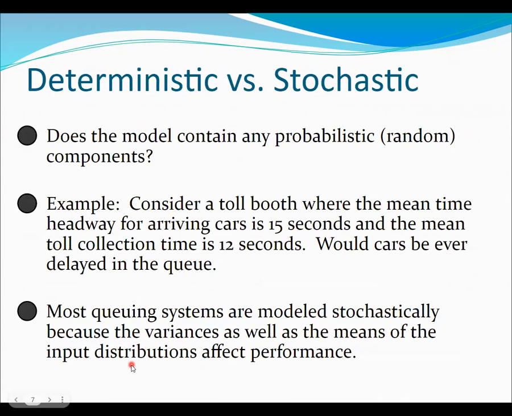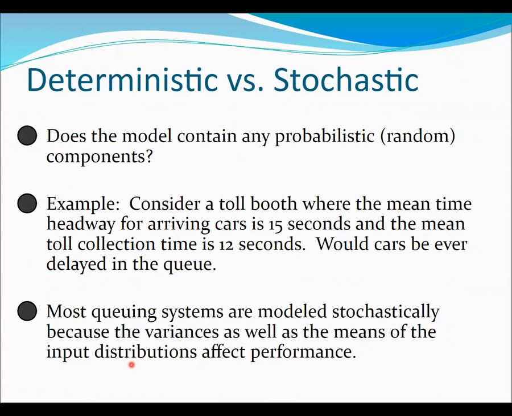And then this is the question of deterministic versus stochastic, right? Does the model contain any probabilistic components? So a question to think about here would be, consider a toll booth where the mean headway, the average headway for arriving cars, is 15 seconds. So on average, one car arrives every 15 seconds. In a minute, you can expect 4 cars. If you observe that toll plaza over the long term, for 1 hour or 2 hours,